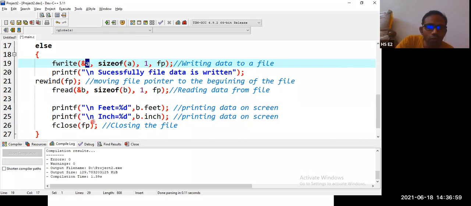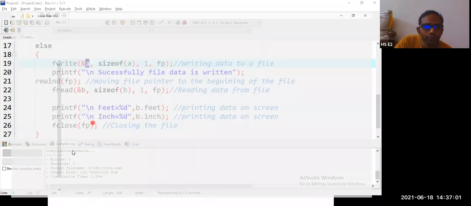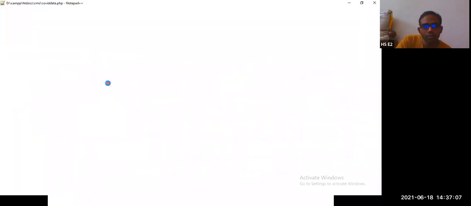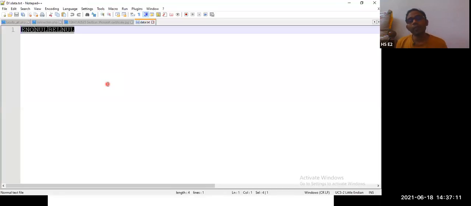Now let us cross check what is there in the file. So data, Notepad++. Here we got ENQ, NUL, BEL, NUL, something which we can't read. This is because the data is actually stored in the format of zeros and ones. When it is converting, Notepad is converting to these symbols.